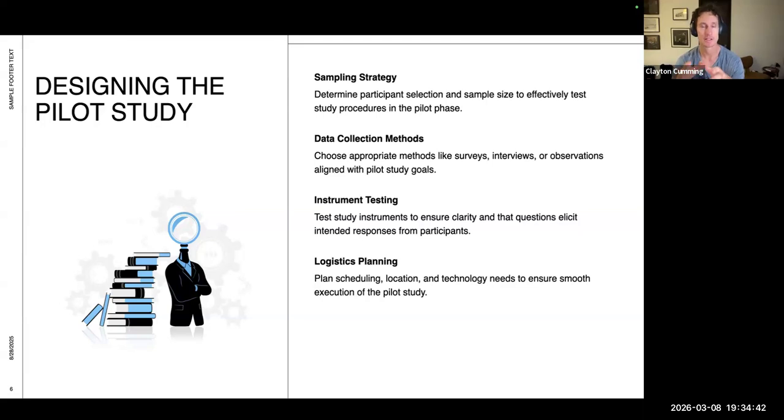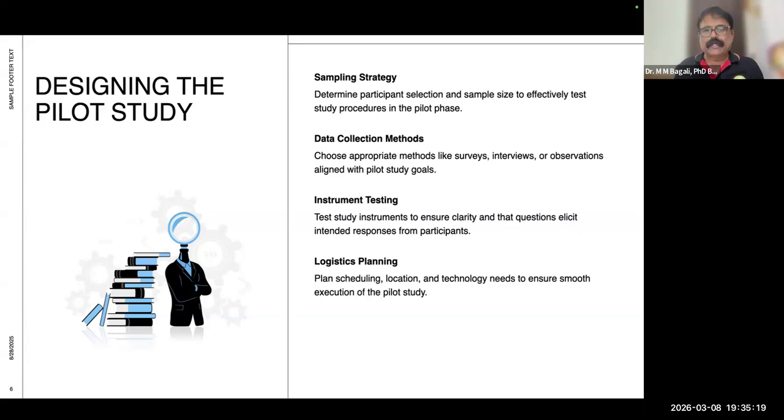I guess just for your thinking for now, my question would be, how do we report on the pilot study once we move forward with the full thesis and dissertation? Obviously, I'm assuming it becomes part of the final report, part of the data methodology. So maybe you can talk us through that. What does it look like? How deeply do we have to report on the pilot study? And then I can probably give you a brief overview of what I'm intending to study.